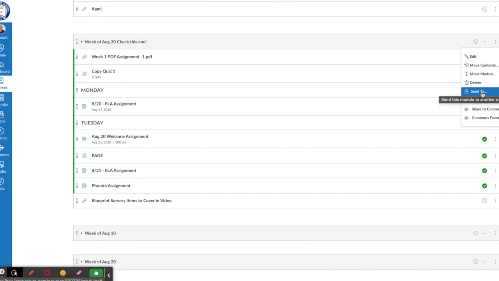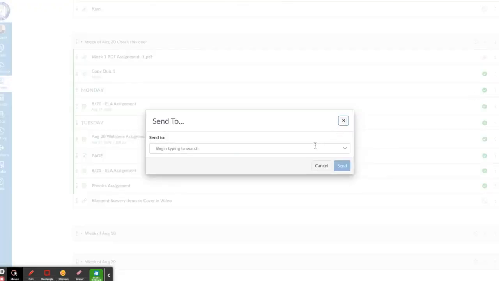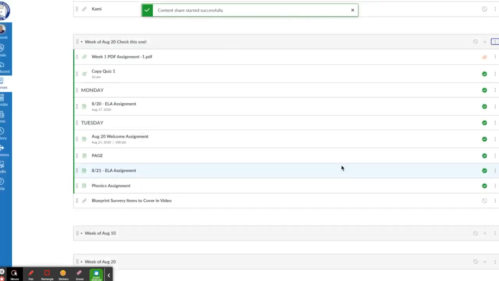So we would click on the send to another user option, and in here, you can then start typing the names of other users. As I type out the names of other users, you'll want to type out their first and last name to make sure that you get the right user in there. So let me just type out a few names here, so we make sure we get the right information in there. So in this example, I'm sharing this particular module with 3 other teachers on my team. I'm going to now click the send button, and what that does is this will send that module to that